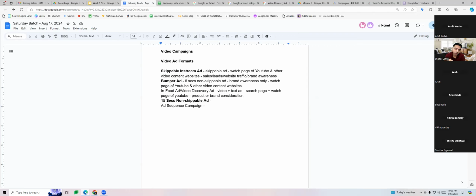So you also have an option wherein you can reach out to the YouTube team directly and run these particular ads, which are called reservation campaigns. What is happening here is you're paying a high premium to run your ads on YouTube, with the assurance given by YouTube that your ad will show 100%.